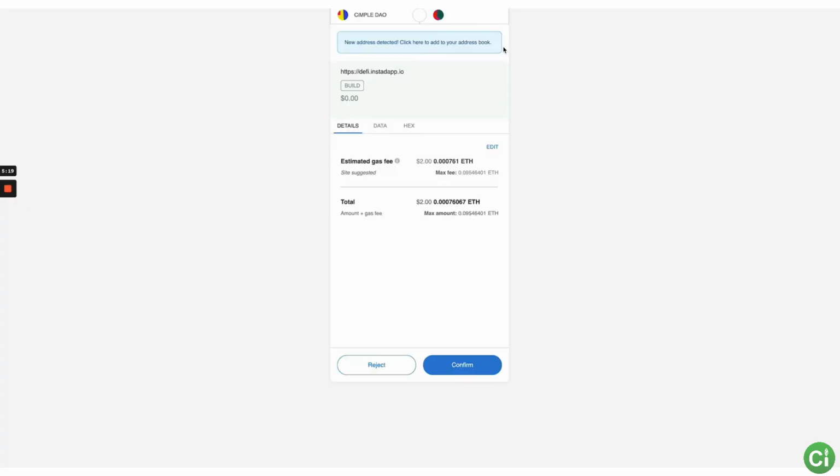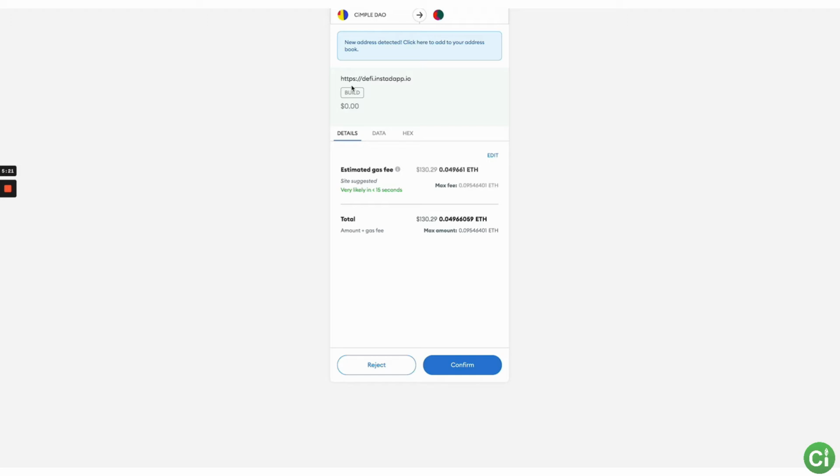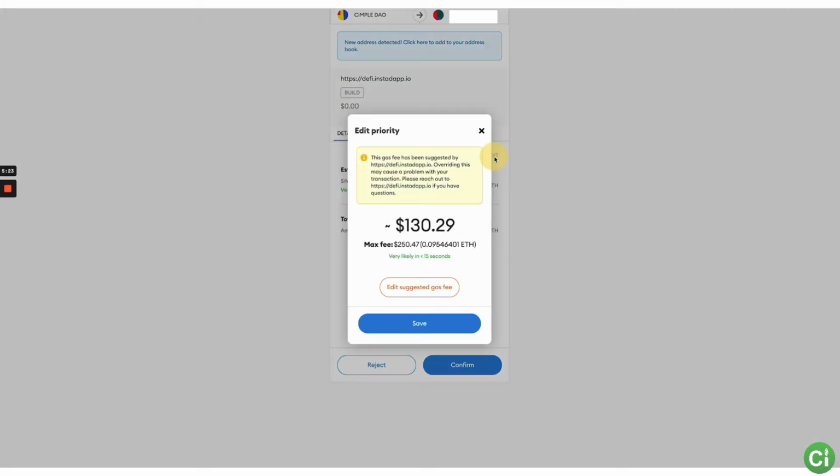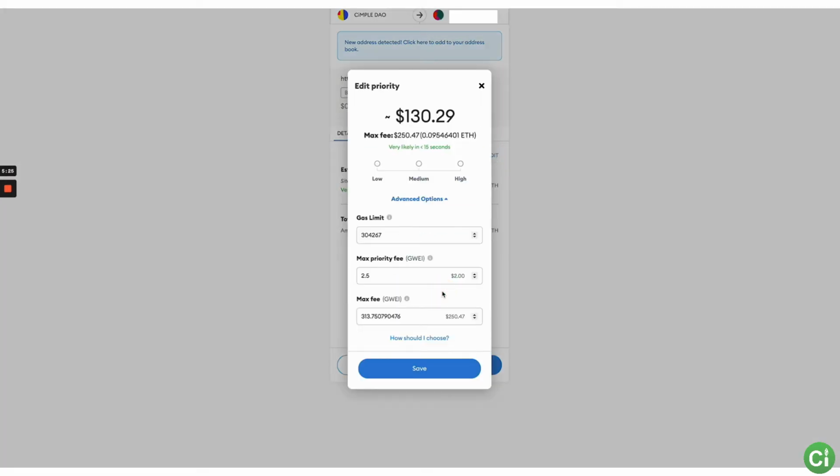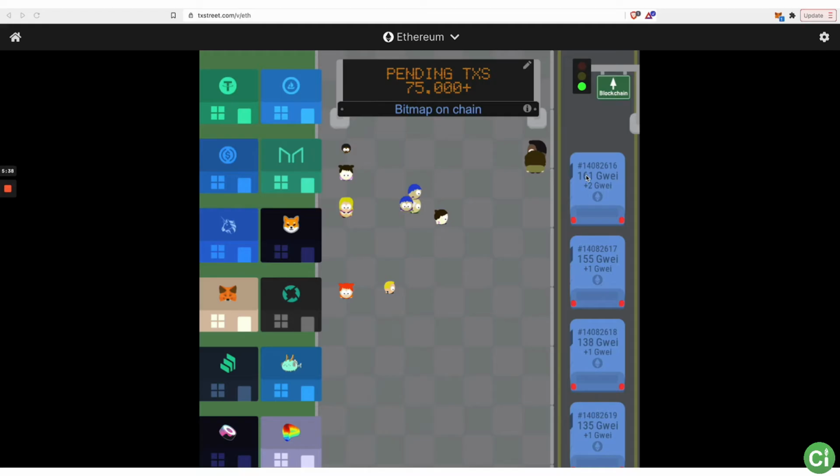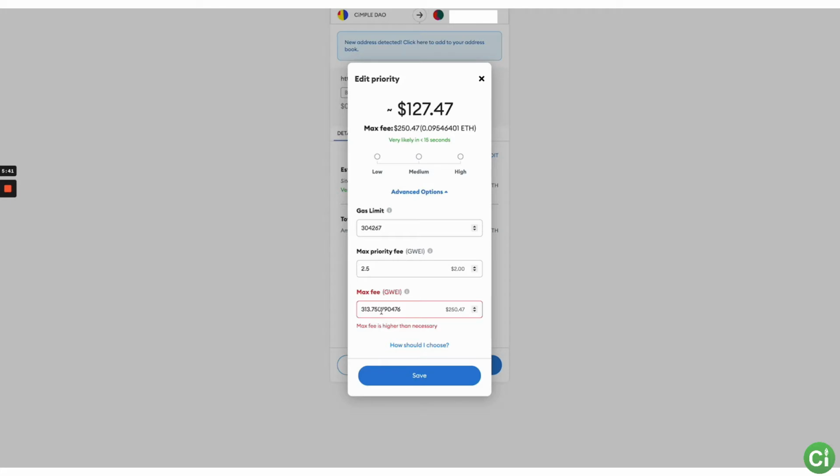So if you were to create an account, I'll just show you how that works real quick. I'm going to hit new, and it would be the same as hitting the create account button up there if you didn't have one. Then it's going to tell you what it costs in gas, and this is what I was talking about. You hit the edit button, you hit edit suggested gas fee, and you see right here that it says 313 Gwei. So I come back over here and I see that 161 is getting processed. So when I go over here and I see that this is 313, I say that's crazy, and I go to 161,